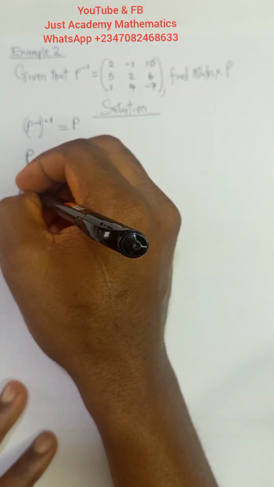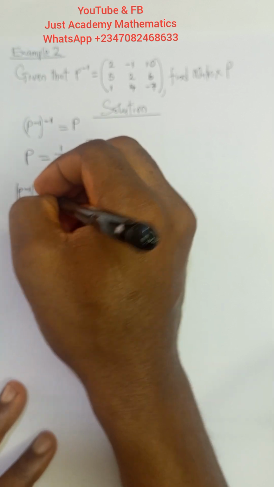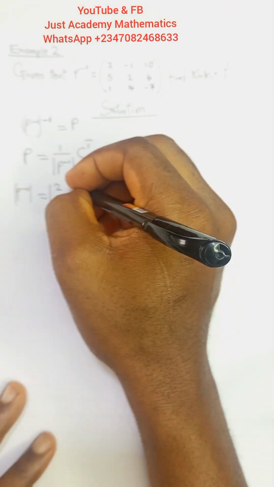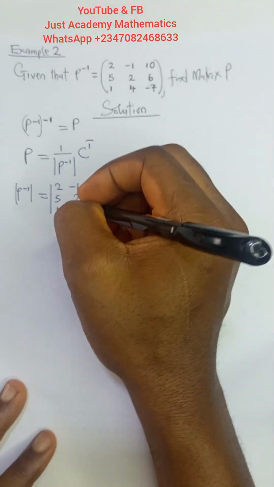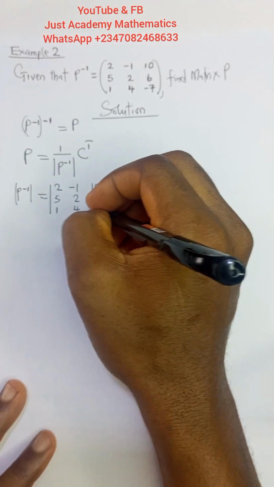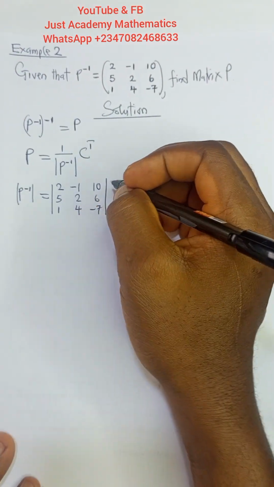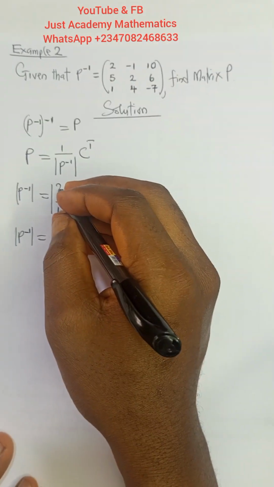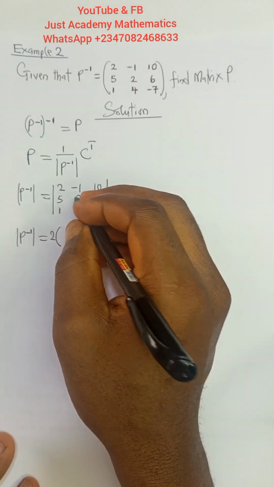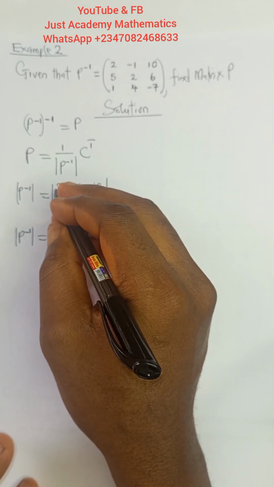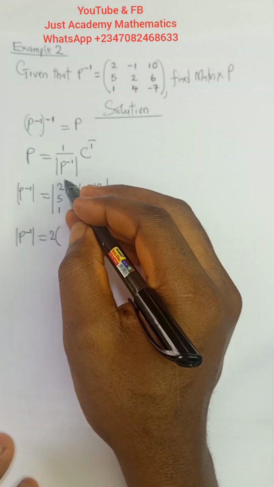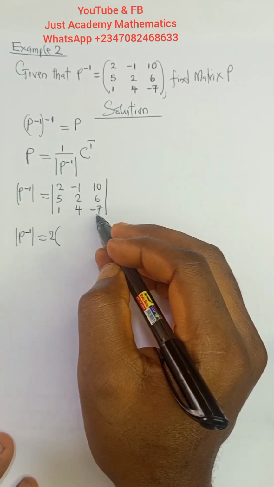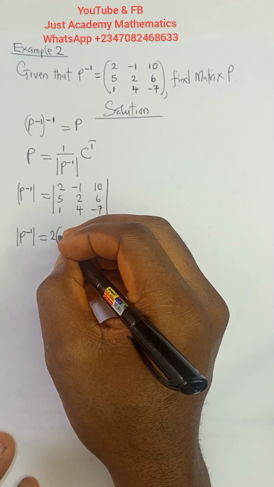Let's go for it. The determinant of P inverse is simply: we have 2, 5, 1, minus 1, 2, 4, 10, 6, minus 7. Of course, we know the procedure for the determinant. So the determinant will go with this 2. 2 will times what? When you take 2, this is out. Positive 2 first, plus 2. This out, we are left with 2, 6, 4, 7. What is the determinant of 2, 6, 4, 7? 2 times 7 is 14,